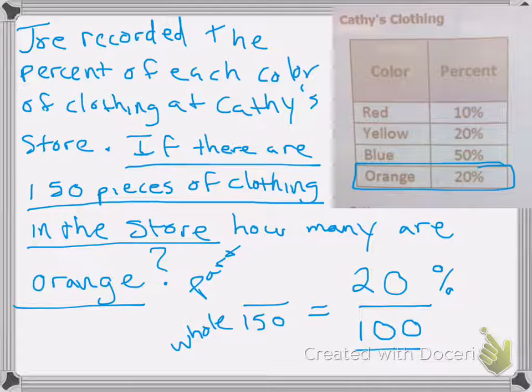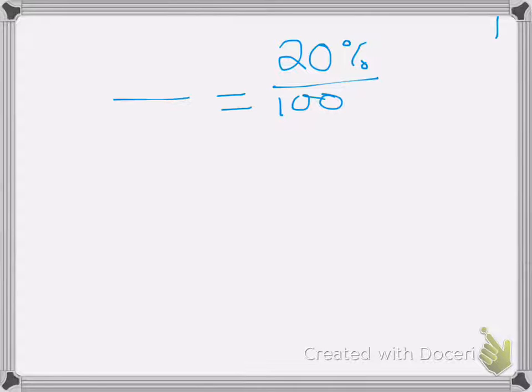Okay? All right, so let's look at this. We've got our percent proportion set up. I'm going to transfer it over to this next page. We've got 20% over 100, and then we've got 150 for the whole number of clothing. I taught you that you can either find out how to go from here to here. What would I do to 150 to get to 100? Oh, wait, sorry. What would I have to do from here to here? How would I go from 100 to 150? Okay, or I taught you